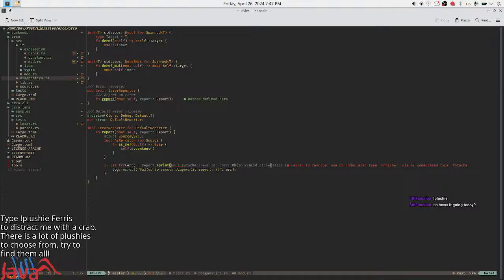So how is it going today? Well, I've spent everything. Everything now holds a span, and now I'm doing actual error reporting and warnings as well. Some more warnings and type checking, I guess. So this is area